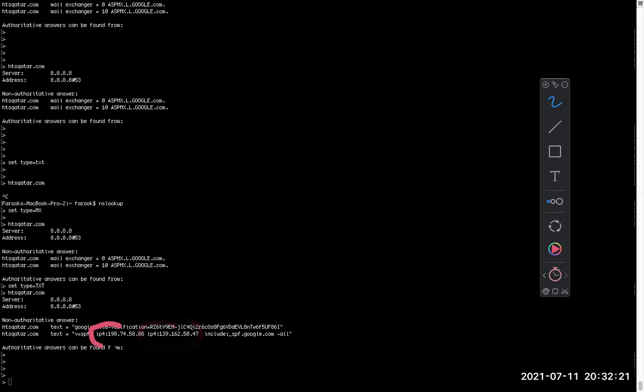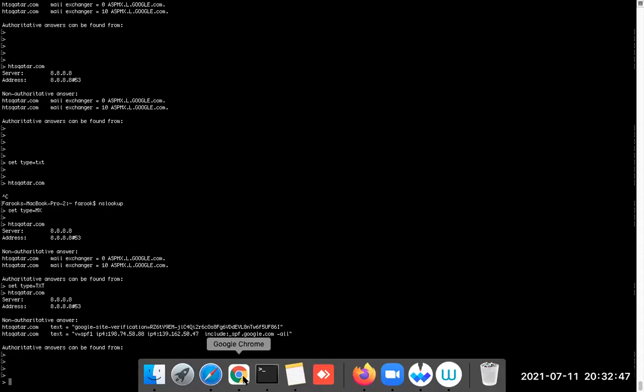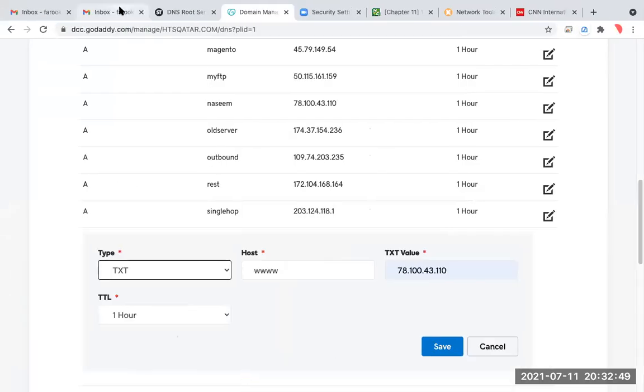So if anyone is setting our company name, somebody like you in your house, setting up an exchange server with my domain and trying to send an email to some other company like Doha Bank or something, saying please transfer Farooq $1 million to my account or something like that, what will happen? It will go to spam. I mean, it not necessarily goes to spam.